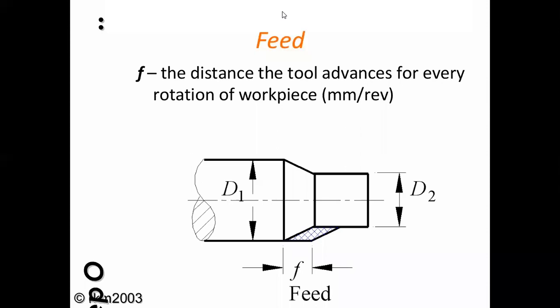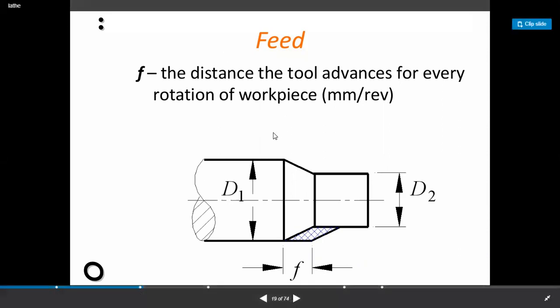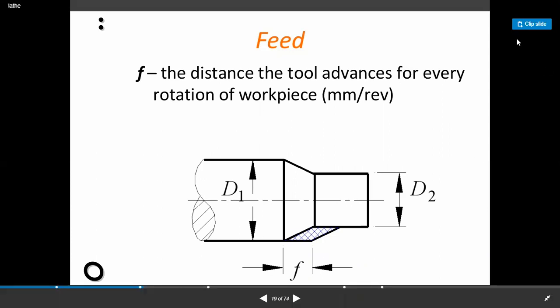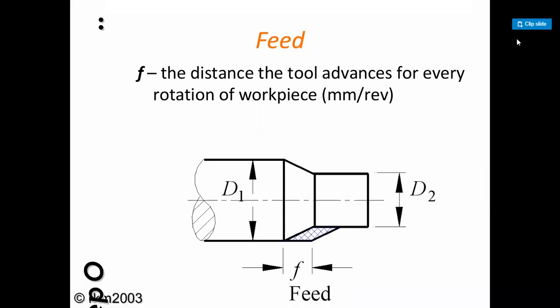And this feed is diagrammatically given as follows. D1 is the maximum diameter. Now you are doing this taper turning as a lathe machine operator. Suppose that operator is doing the taper turning from D1, it is reduced to D2, and in between that D1 and D2 there is some taper value, uniform decrease in the diameter as per that length. So there is a taper turning, and whatever the taper length, that is the feed. Tool is given some feed during that turning, so the distance the tool advances for every rotation of workpiece is nothing but the tool feed. That is the second cutting parameter.